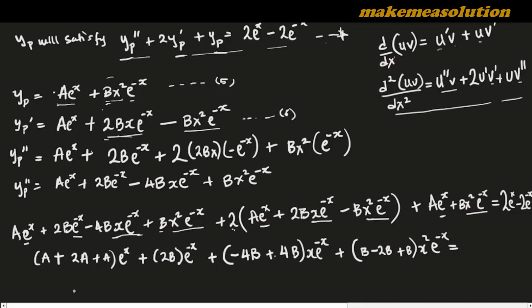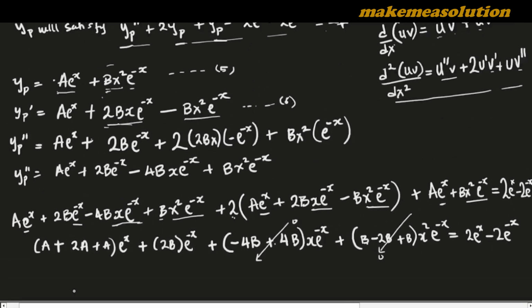Very good, 2e^x minus 2e^(minus x). So if you simplify these brackets carefully, b plus b is 2b, 2b minus 2b is 0. So this one reduces to 0, this one also reduces to 0, okay. So what we are now left with,